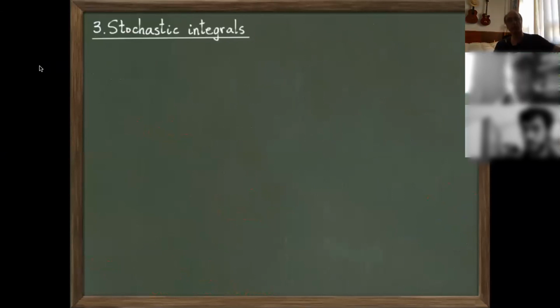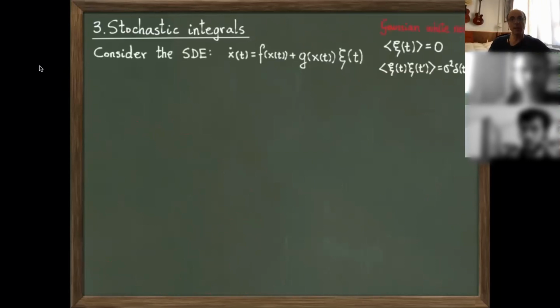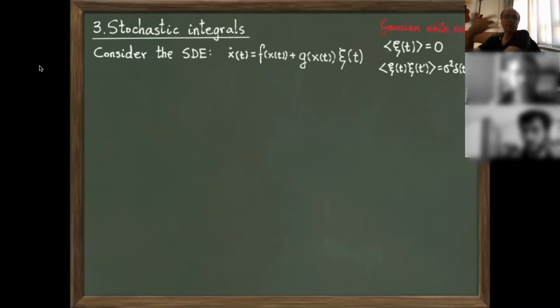Let's go to the third point, which is stochastic integral. Let me first introduce why we need to define stochastic integrals. And to introduce the stochastic integrals, let's consider first a stochastic differential equation. As I said in the beginning, we have a differential equation: the derivative with respect to time is equal to some f, and then we have some noise multiplied by g